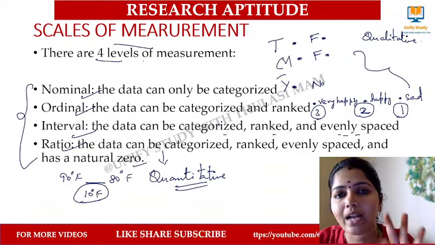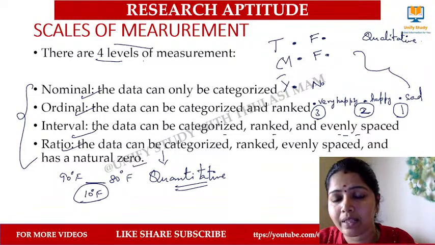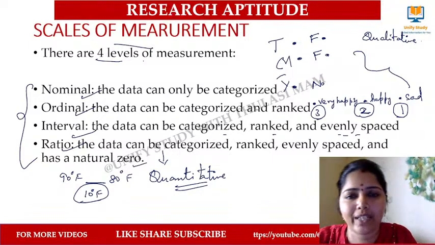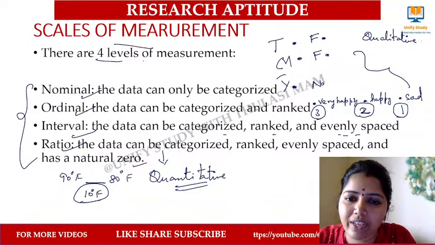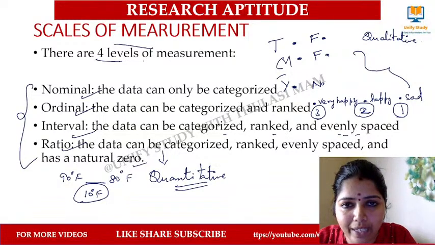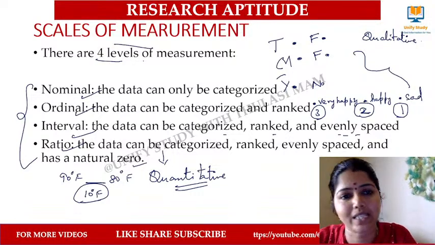ordinal, interval and ratio. You should know how to identify nominal, ordinal. They may ask you with an example. They'll give you some example and they will ask you which kind of data it belongs to. In which data we can do classification. In which data we can apply quantitative data methods. In which data we can do qualitative data methods. They may ask you questions in this way.